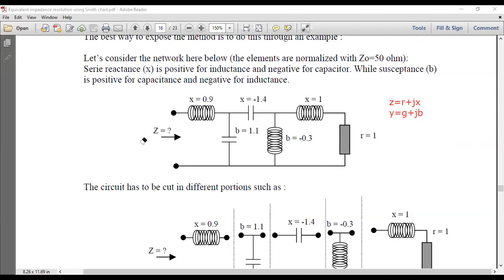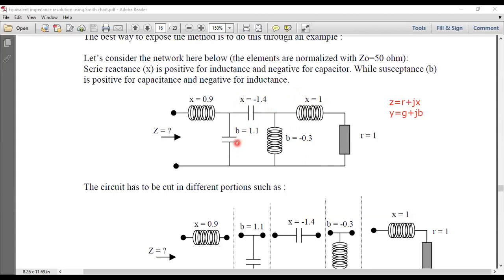Now what is the question here? This is the circuit given. R is the resistance value. So the resistance value is given as this much, and this is the reactance. The X part is given. It is a pure inductor, or this is considered as a pure inductor. So the reactance is 1. This is again a pure inductor. The reactance is -3. Okay, it is for understanding. This is a capacitance. For the capacitance, X is given. So the capacitive reactance is given, it is -1.4.